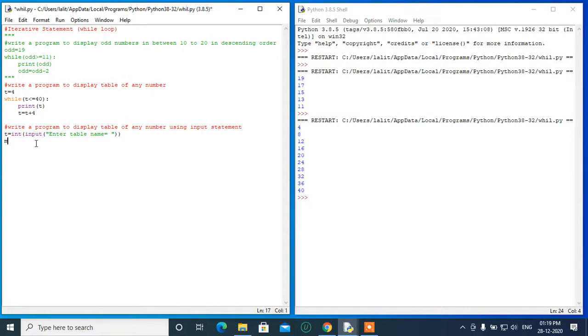So initialize m by 1, write while, m less than equals to 10 and print t into m, and m is equal to m plus 1.